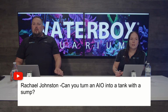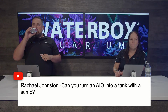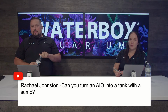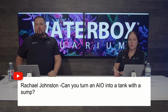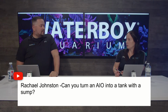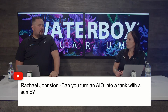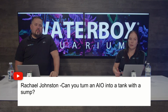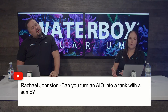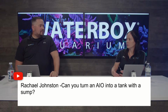Rachel says, can you turn an all-in-one into a tank with a sump? Technically, yes. Is it probably a lot more work than it's worth? Yes. So you'd either have to drill the aquarium, which is very risky in general, and then plumb it to and from and figure out how to make sure it works appropriately and not going to back drain or siphon incorrectly. Or it would be to try and fit an overflow box into the filtration area to then go down